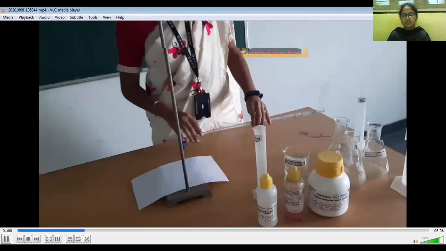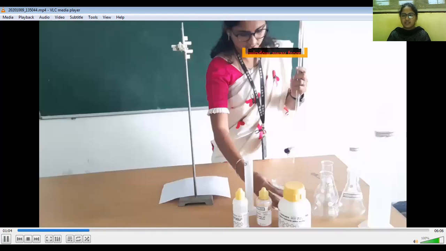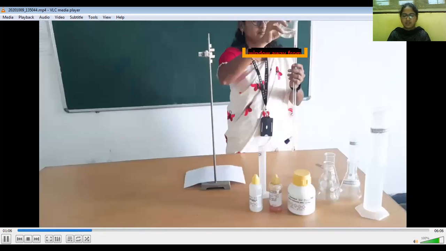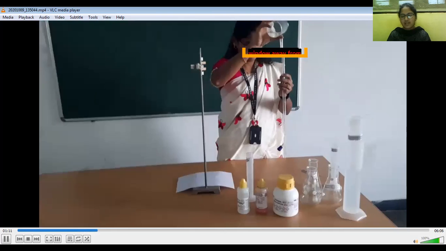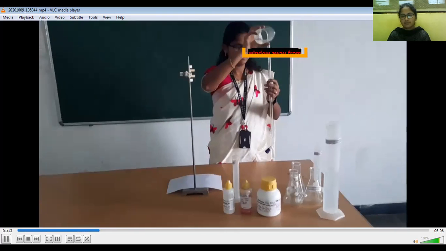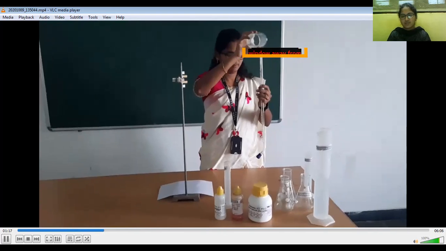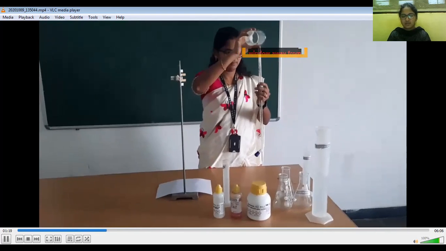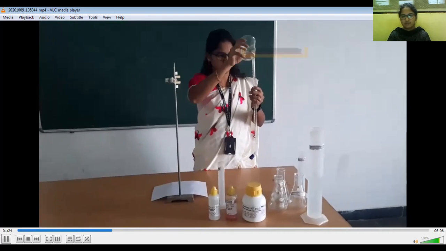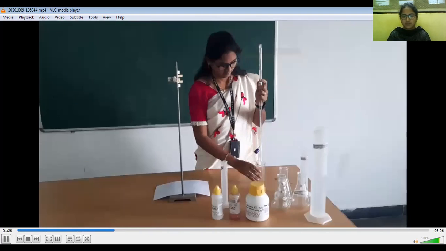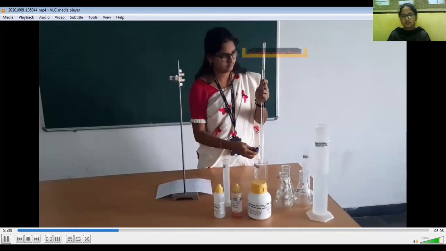So to begin with, fill the burette with the titrant, that is sodium hydroxide. To give a rinsing, take out some titrant out. Now fill the burette with sodium hydroxide titrant solution.